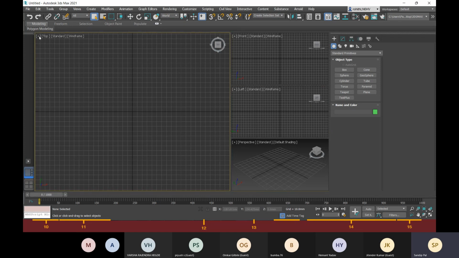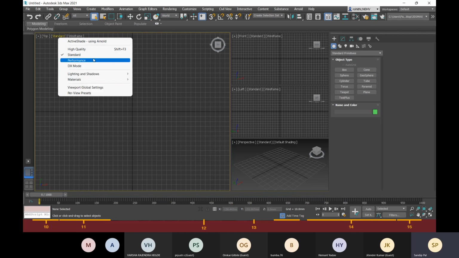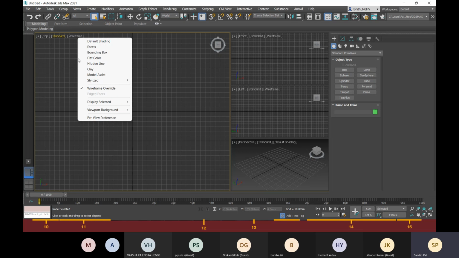Here you can see that this has this view option, this quality option, and here we have this visual style option.